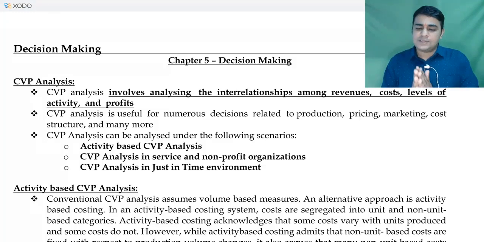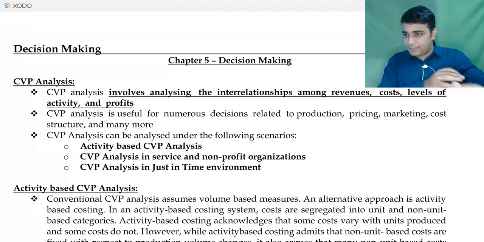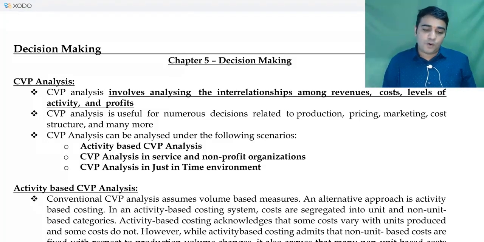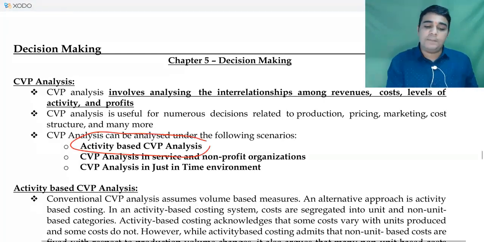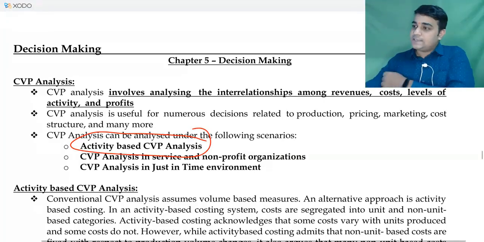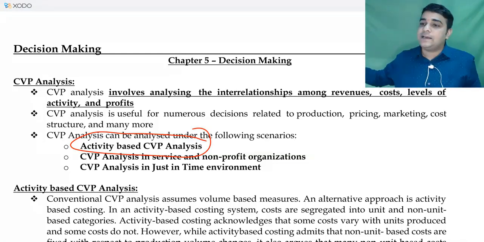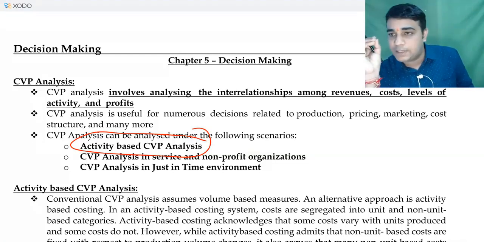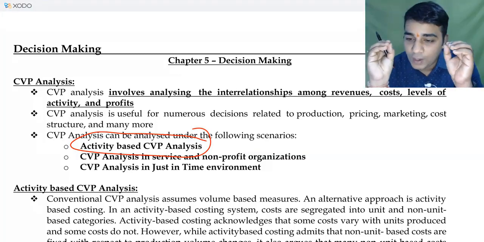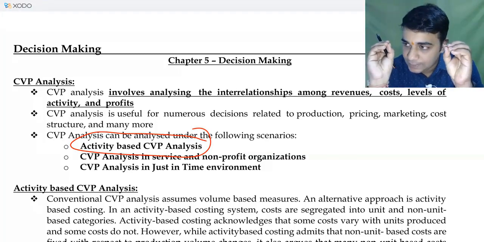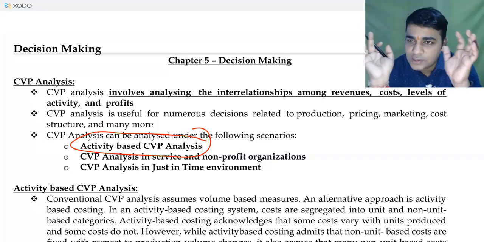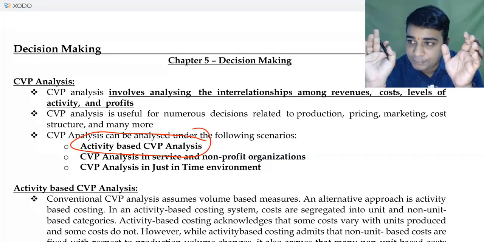In CVP analysis we did general analysis in basics. Now they say you focus on activity based CVP analysis. Focus extensively on activity based CVP analysis. This is basically a combination of two chapters which you could have learnt at CA inter level. One is activity based costing and second is marginal costing. Linking them together, you will not do too much of ABC here. ABC is a separate chapter itself.